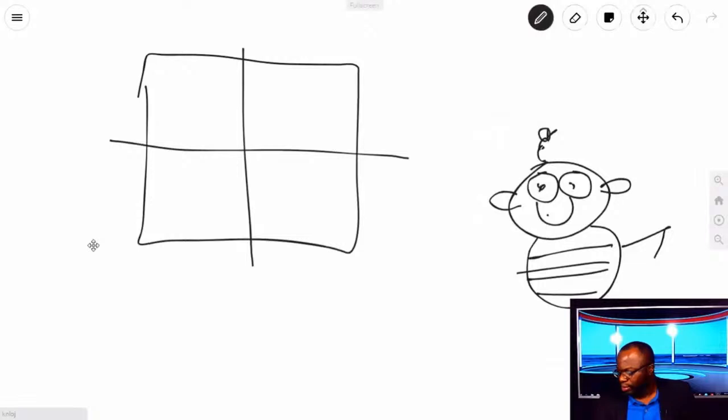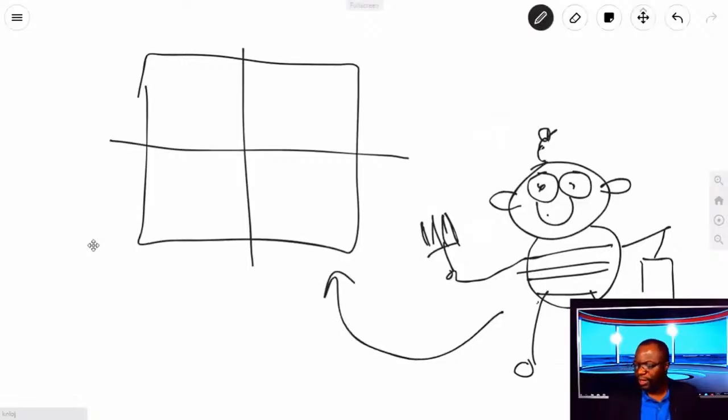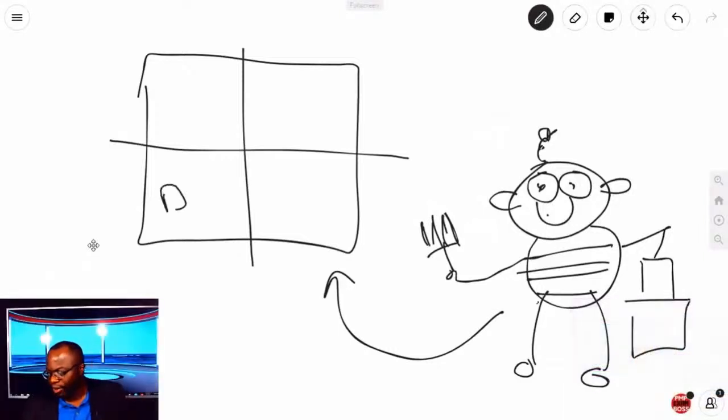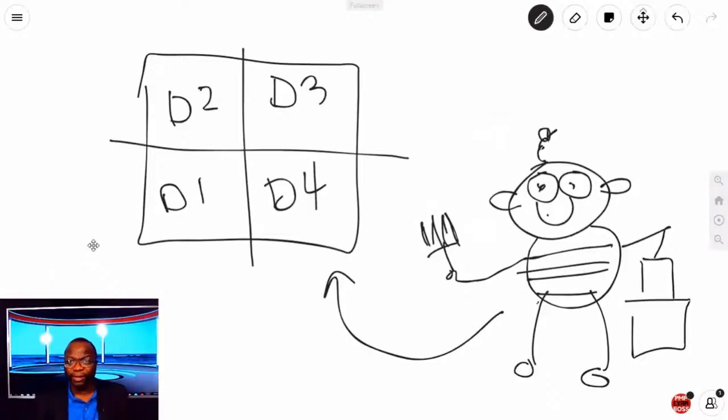Looks like Herman the bumblebee at this rate. Herman has got a pail. He's got some paint. He's got his paintbrush. And Herman has been asked to paint this wall. Okay? Herman says to management, "Oh, I can get this done in no time. You can count on me. I'm going to get this done in 4 days." And when Herman breaks it down, this is what it looks like. He breaks it down into these 4 days and says, on day 1, I'm going to get this done. On day 2, I'm going to get this done. On day 3, I'm going to get that done. And on day 4, I am going to have the 4th panel complete.